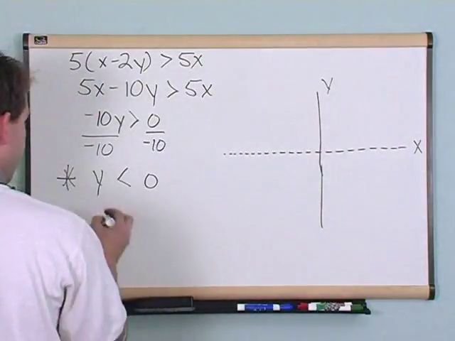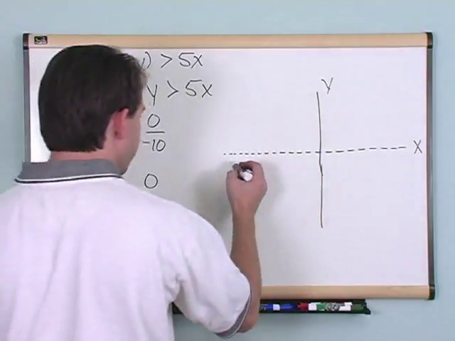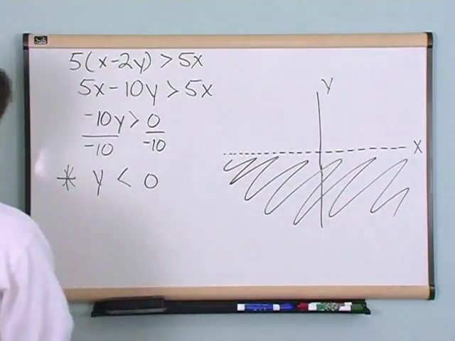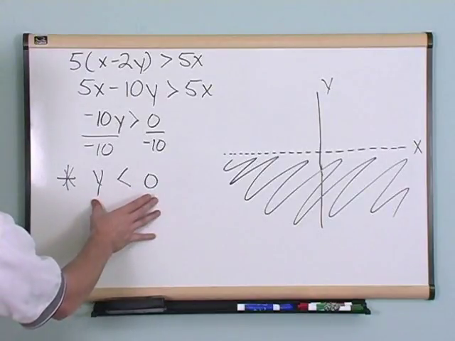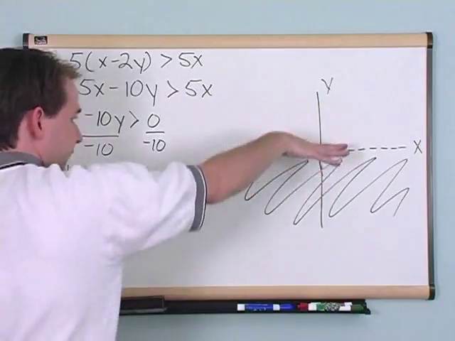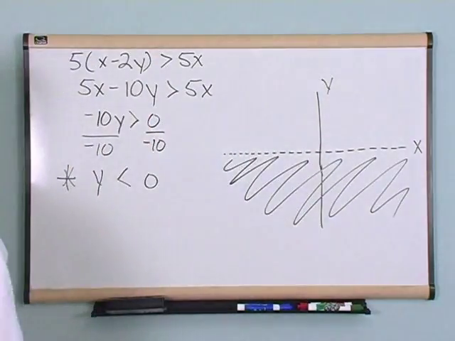And what I'm going to do is shade everything underneath it, like this. Because I have y less than 0, the line is y equals 0, and I'm interested in everything less than that, but not including the line itself. So that's why I kept it a dotted line there. That's about all I wanted to talk about